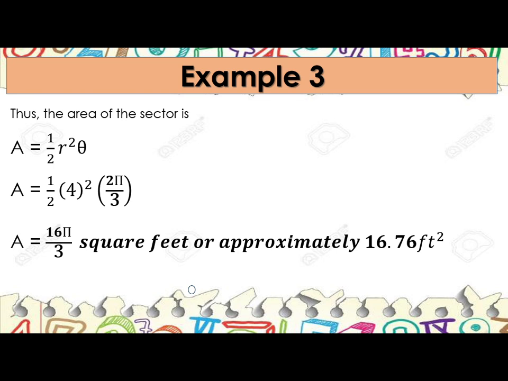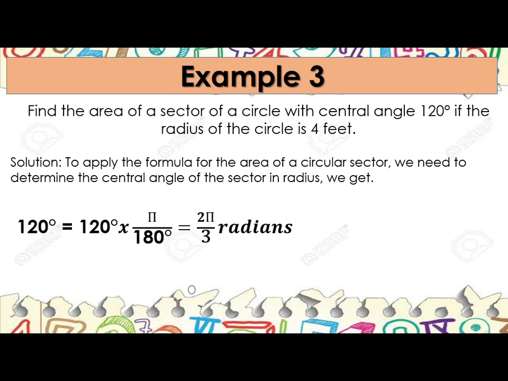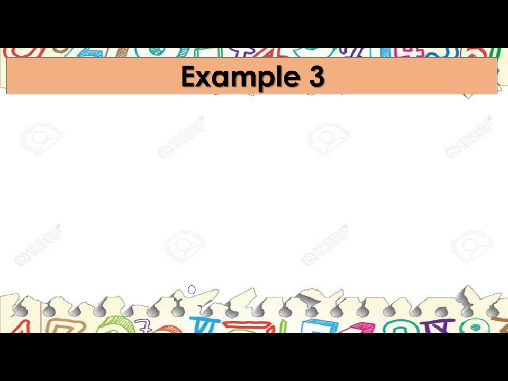Divided by 3, that is approximately 16.76 square feet. We should say that the area of the sector, where your central angle is 120 degrees and your radius is 4 feet,